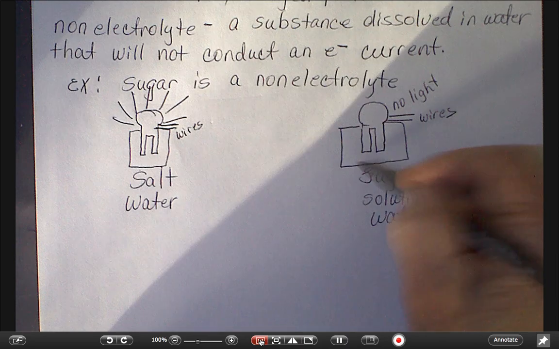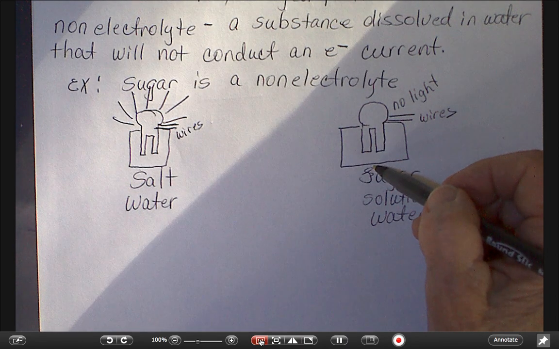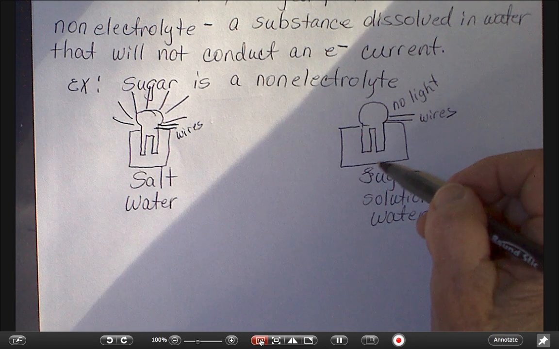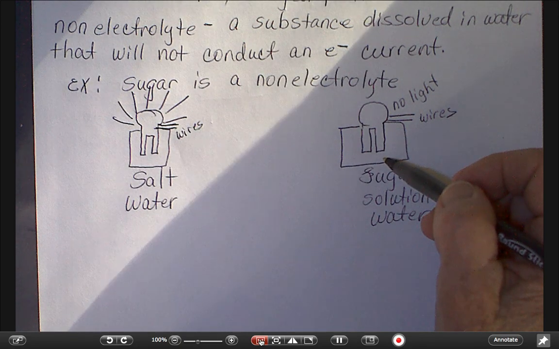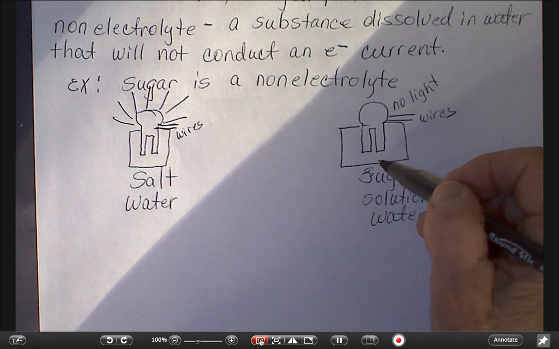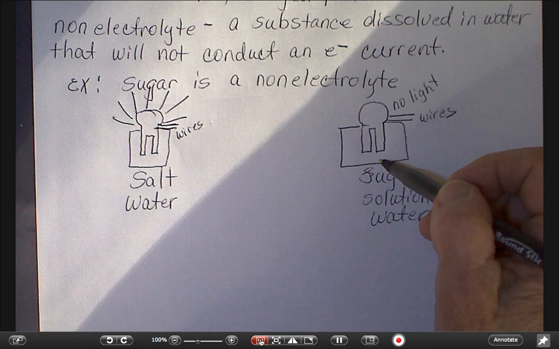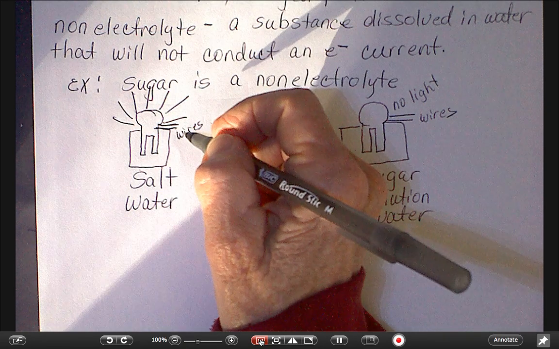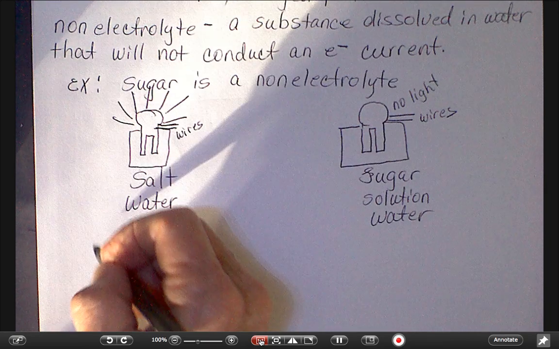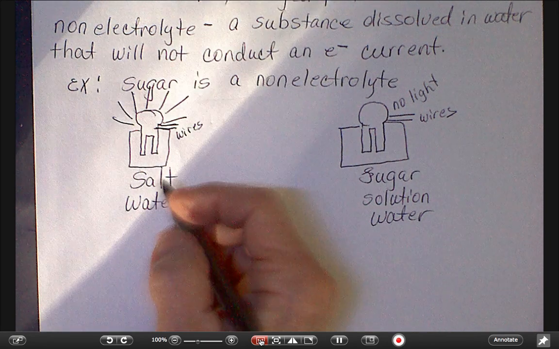Okay. The sugar water does not complete the circuit. It's like an off and on switch. When the switch is on, you have light. When the switch is off, it breaks the circuit and there's no connection between the two and the light is off. Everybody understand? This is really a physics thing. You'll learn more about it next year. Okay? So the ions complete the circuit.